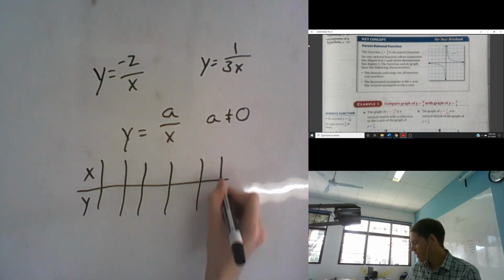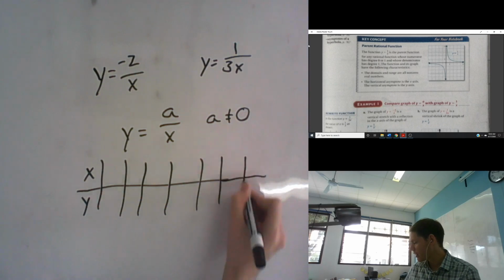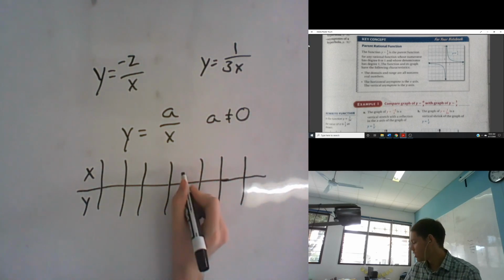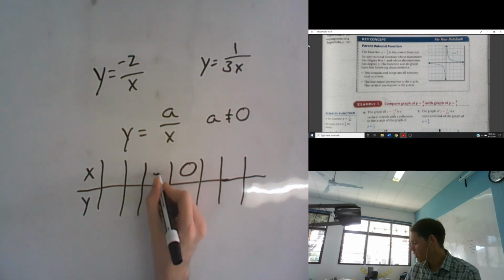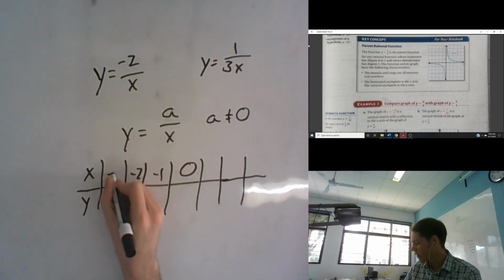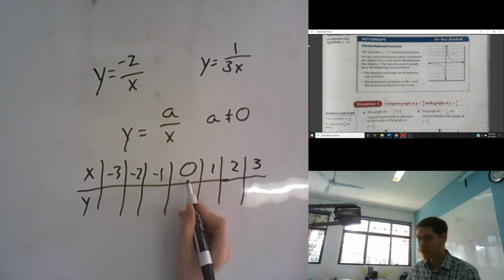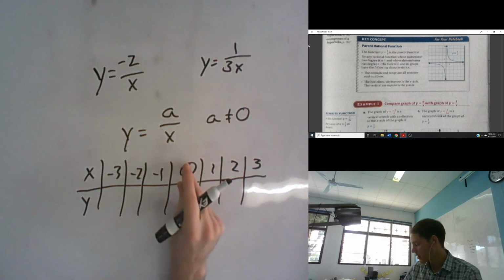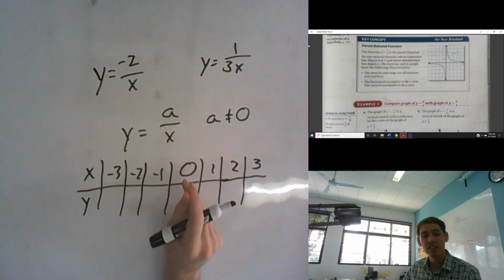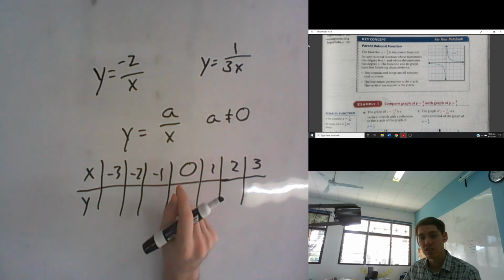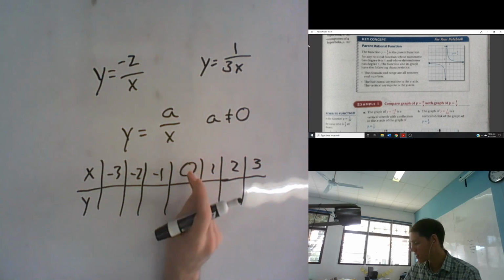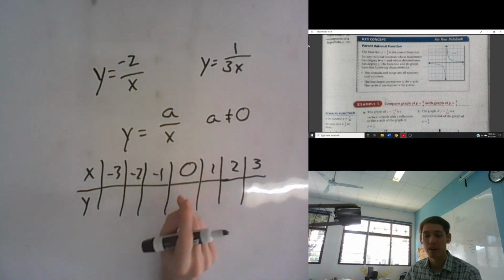So if x can't be 0, that's going to be the center. So if we put 0 here, -1, -2, and -3, and we do 1, 2, 3. Okay? 0 is our center. Do you have to do this every time? No, you don't. You don't have to put this point. But the point is you need to know that there's going to be an x value we can't put in. Okay? There is going to be an x value and there's going to be a y value